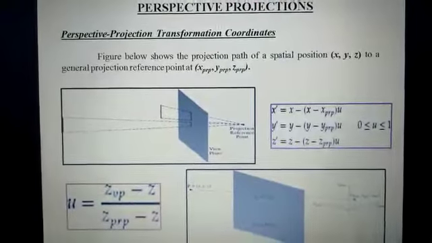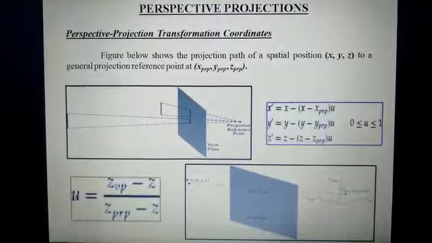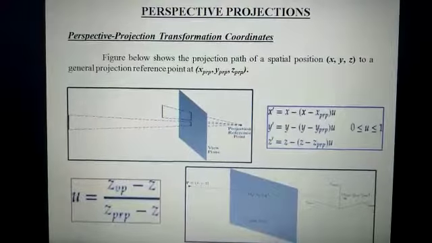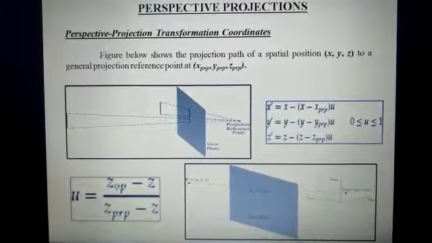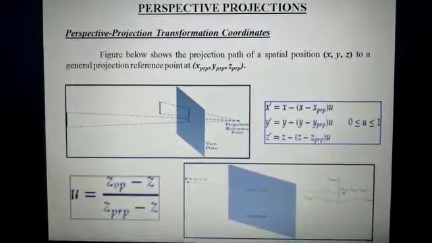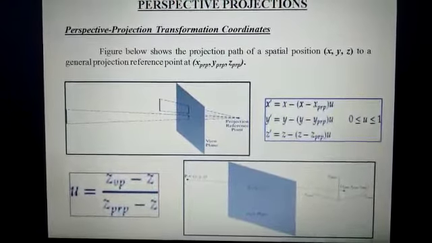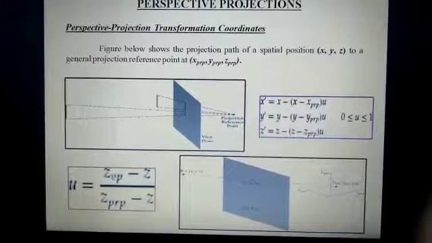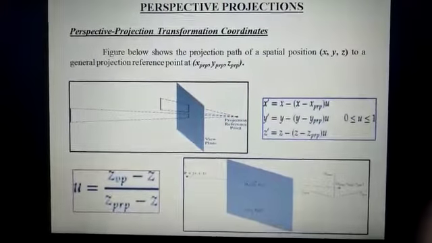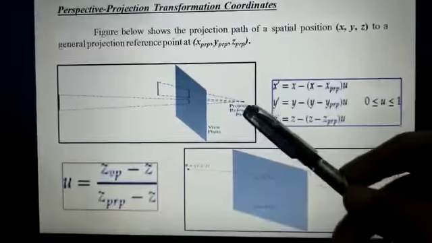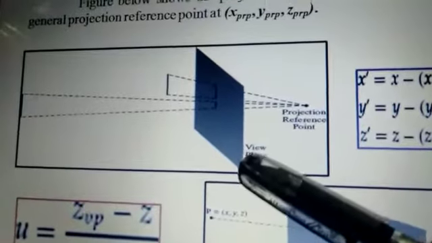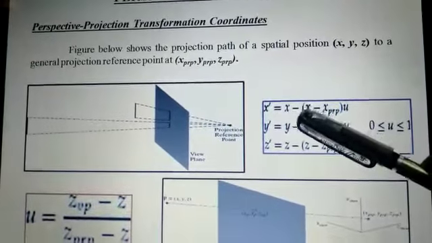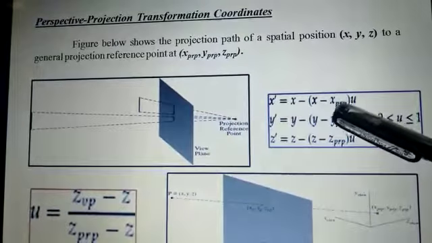Perspective projections. We can approximate this geometric optics effect by projecting objects to the view plane along converging paths to a position called the projection reference point, also called the center of projection. Objects are then displayed with foreshortening effects, and projections of distant objects are smaller than the projections of objects of the same size that are closer to the view plane. As we have the projection reference point with respect to a view plane, we can conclude that x' is equal to x minus x with respect to the perspective projections.